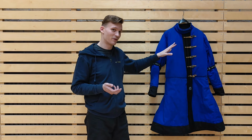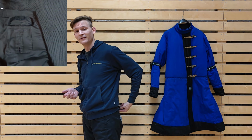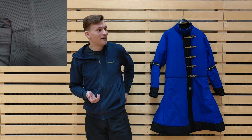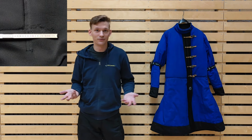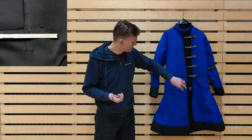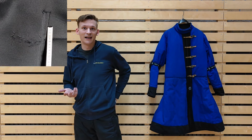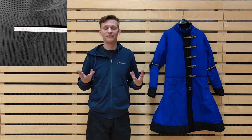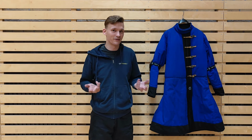But with this one, the problem is also that it extends further down, and that basically means that you have to watch your pocket. I didn't really think about that, because with the other jackets I never had to. At the spot where my pocket is, I actually have a rough patch now of the liner material, simply because the Velcro hooks hook into the material and pull the strings out. It's not broken or anything, I can still use it, but